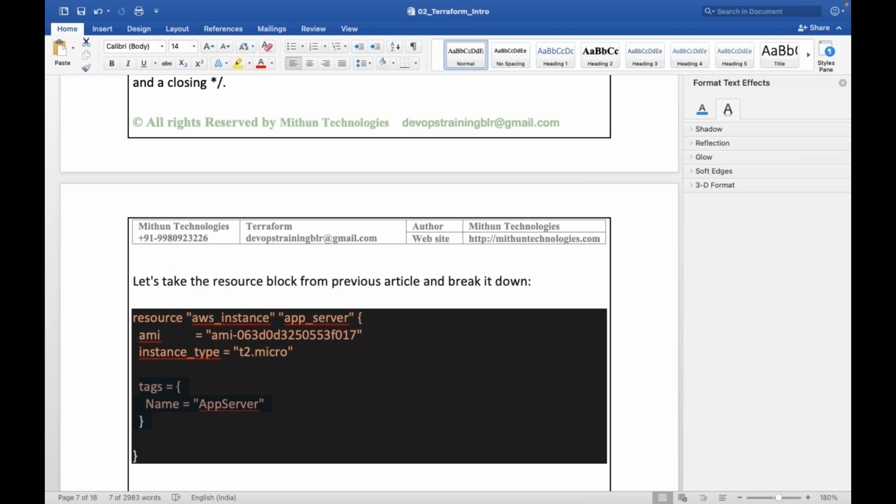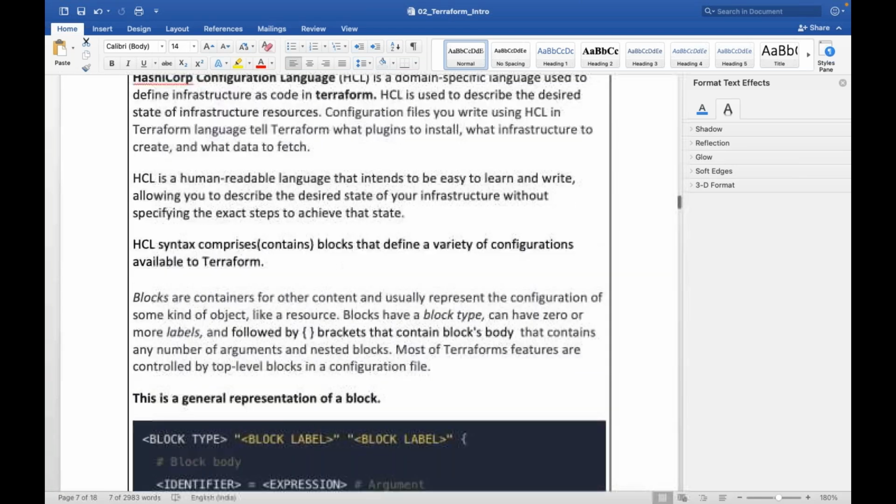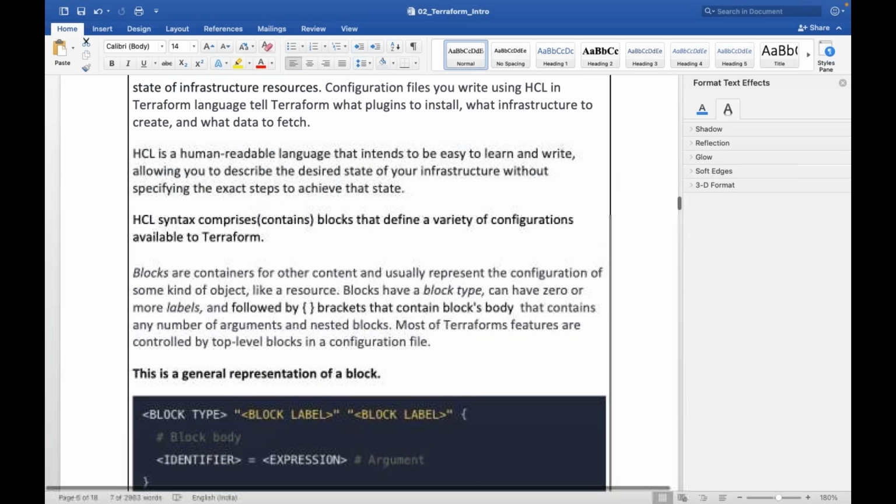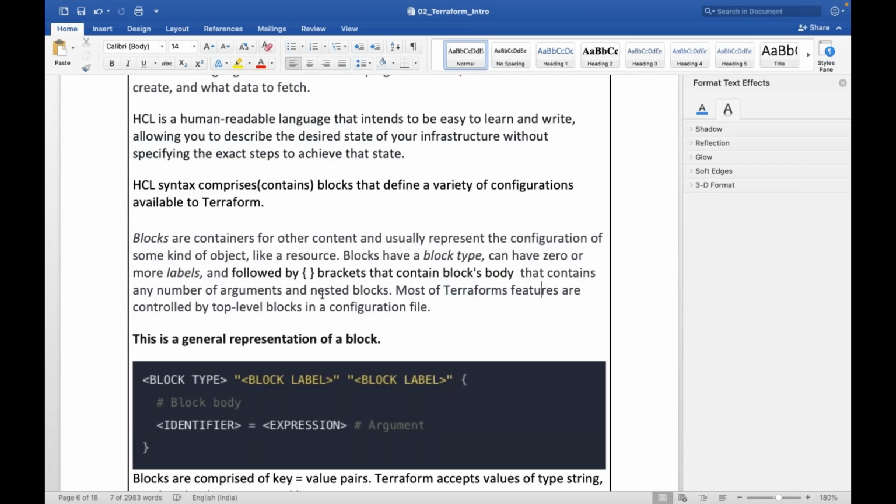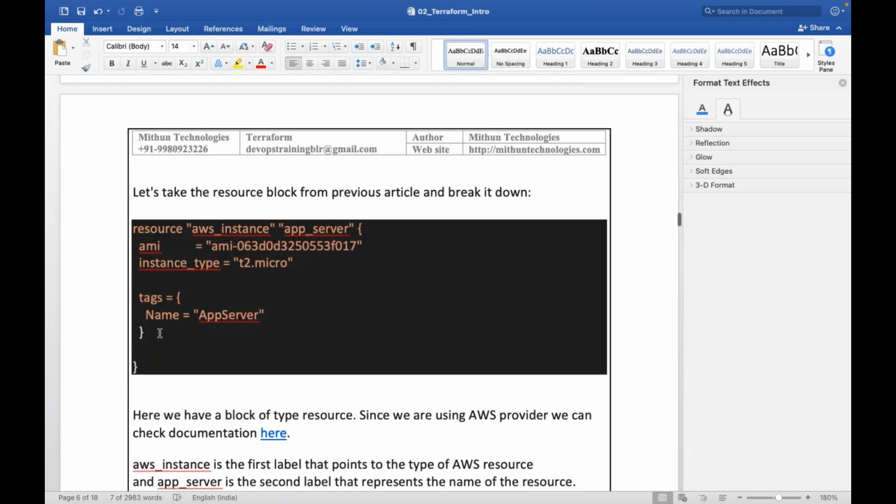Most of the Terraform features are controlled by top level blocks only, but these top level blocks can have nested blocks.